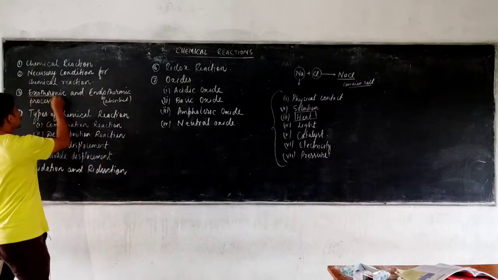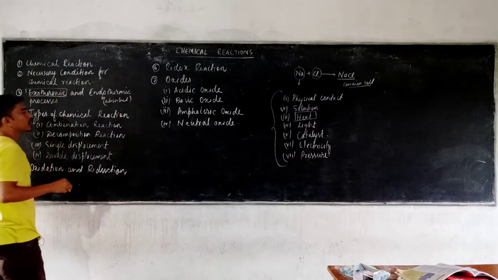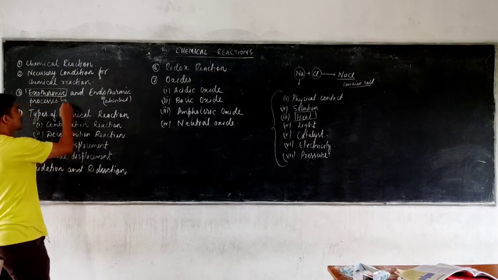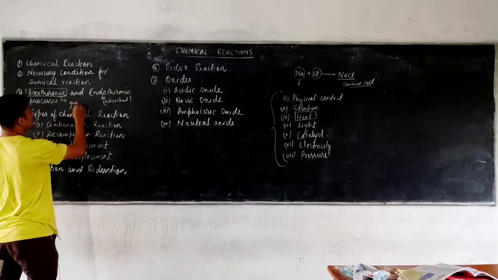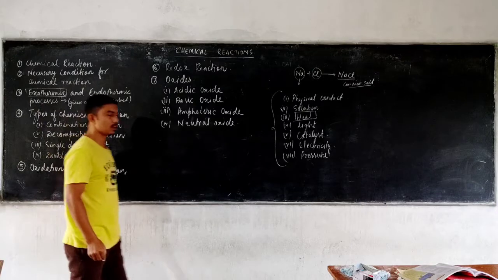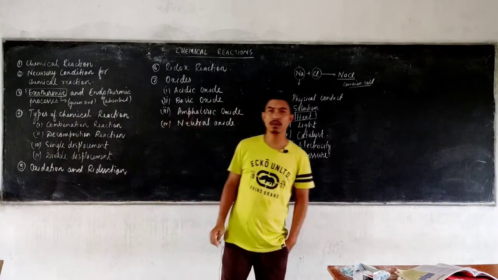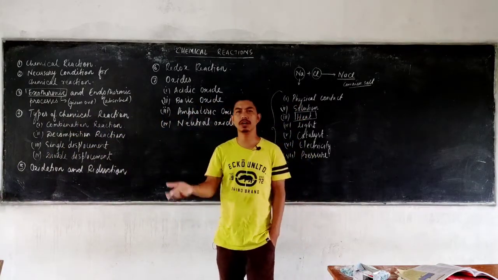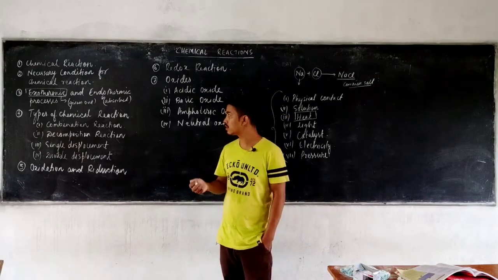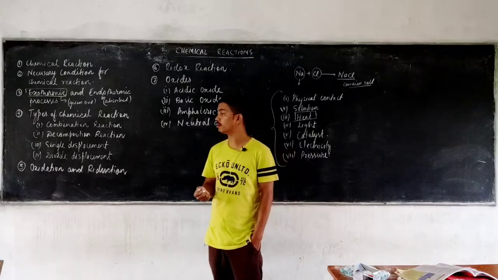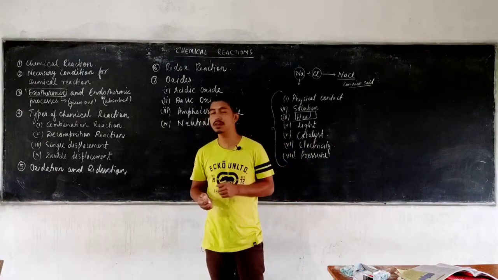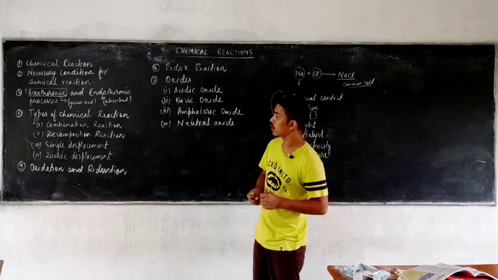And whenever some chemical reaction occurs in which heat energy is given out, such chemical reactions are known as exothermic. So when heat is given out, or we can say heat is evolved, such chemical reactions are known as exothermic chemical reactions. Exo means outward and endo means inward. So the reaction in which heat is taken in is known as an endothermic chemical reaction or endothermic process, and the one in which heat energy is given out is known as an exothermic chemical reaction.